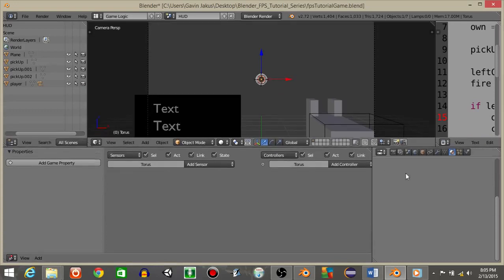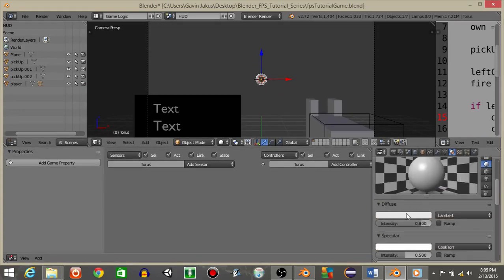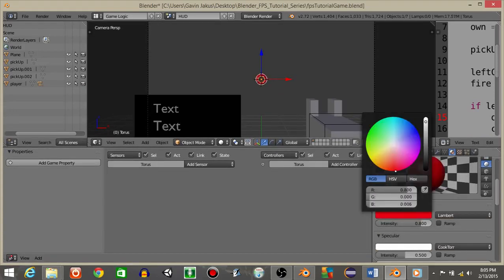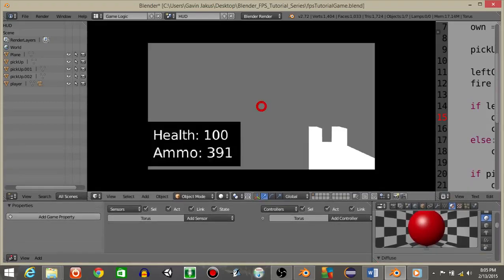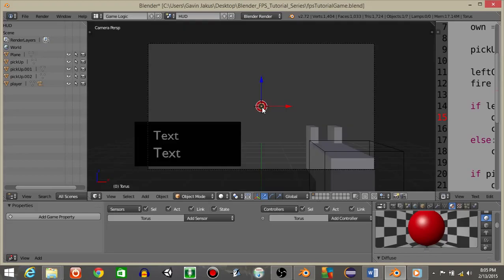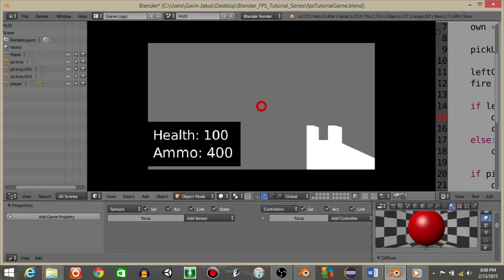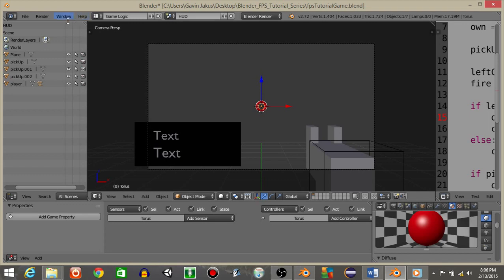I'm actually going to apply a color to this torus in the middle. It will just be red, just to make it easy to see. We can see we've now got a red thing in the middle. If you actually want to add, like, some extra prongs and stuff, I won't do that for this video, but for now our crosshair will just be a circle. Okay, what we are now going to do is go back into our